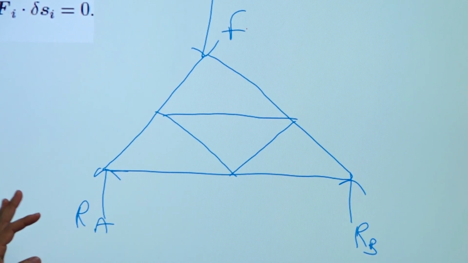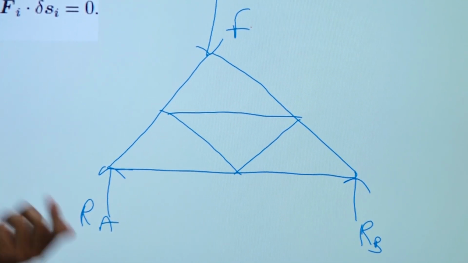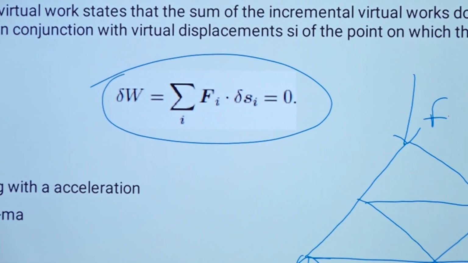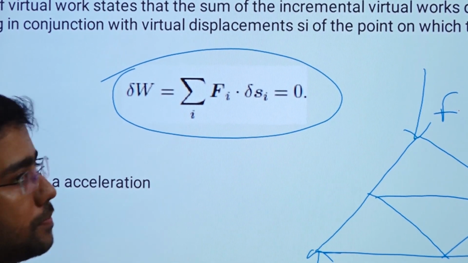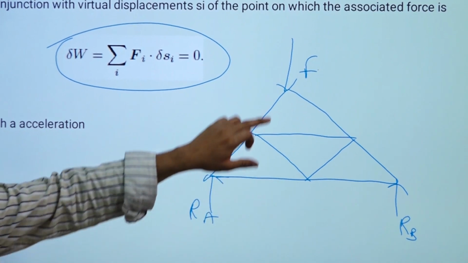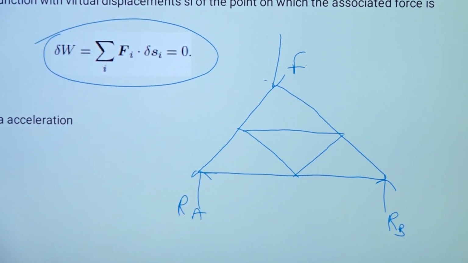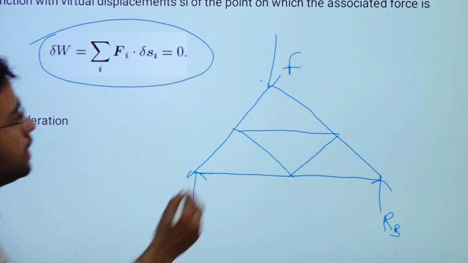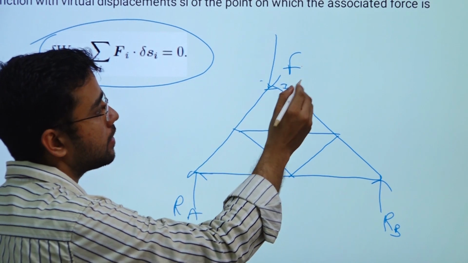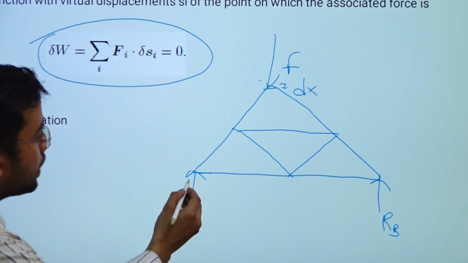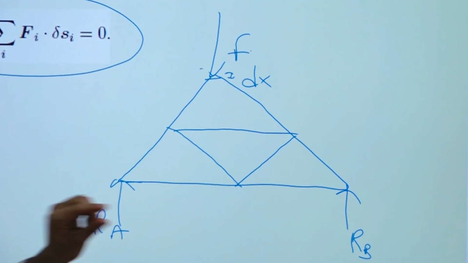Obviously there is no displacement, we can see, but in the concept of virtual work you assume that there is a little displacement, and when you find the work because of that little elemental displacement, it should come to 0, because in reality nothing is moving. This point is not moving, this point is not moving, no point is moving. But when you apply the principle of virtual work, you just assume that it has moved a very little distance, dx. Same way you assume that all the points have moved a very little distance.